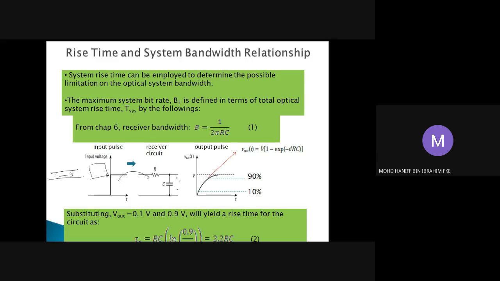So basically, you can relate, we know that the bandwidth of your optical receivers is 1 over 2 pi RC, in which the cutoff frequency omega c is equal to 1 over RC. We can have the case whereby the output pulse for your,